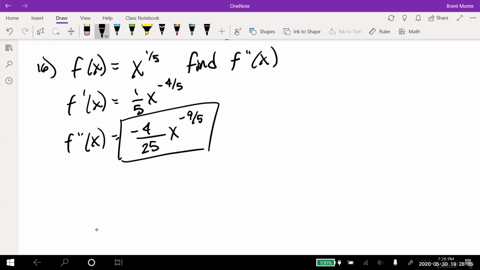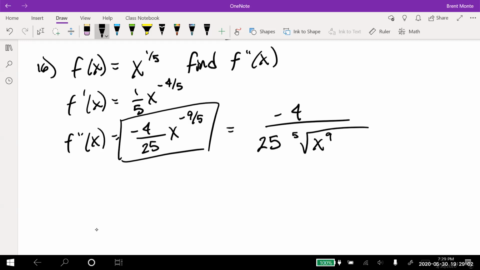So again, pretty quick, but I wanted to show you some with fractional exponents, in case you're curious what that looks like. That'd be negative 4 on the top. The bottom is 5, 25. The 5th root of x to the 9th. And it's the 5th root because of that 5 in the denominator of the exponent. And then the 9 is just x to the 9th, and it's on the bottom because it was a